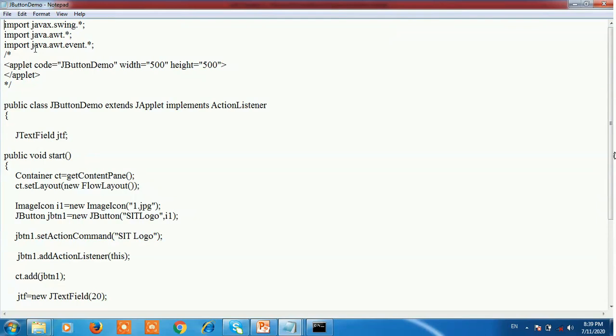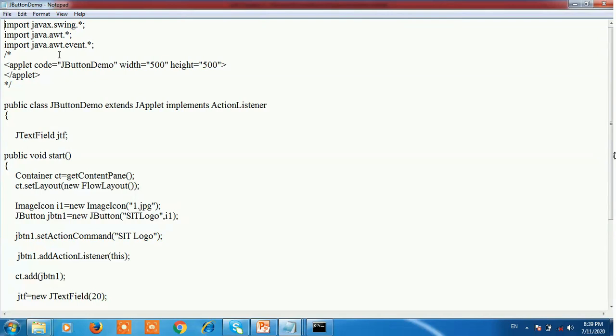Here we use the event package because in this program we use the event that is generated when the button is pressed. That event is ActionListener.